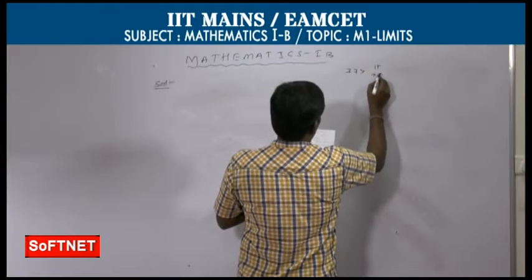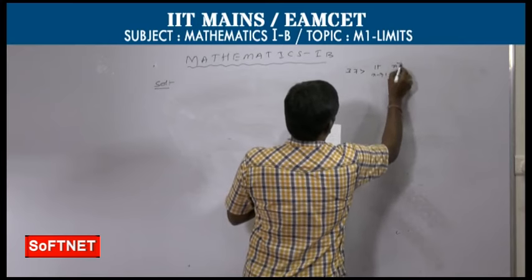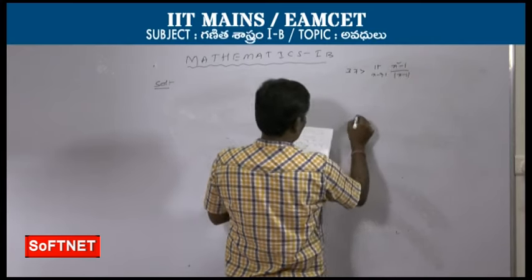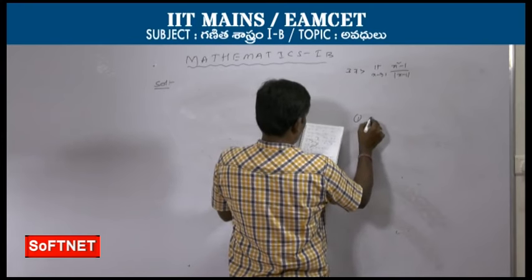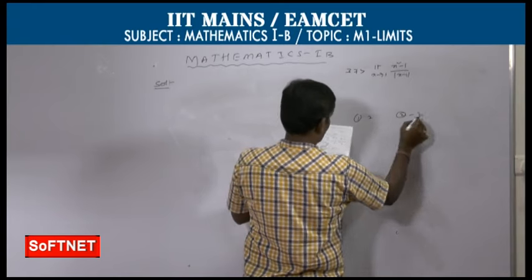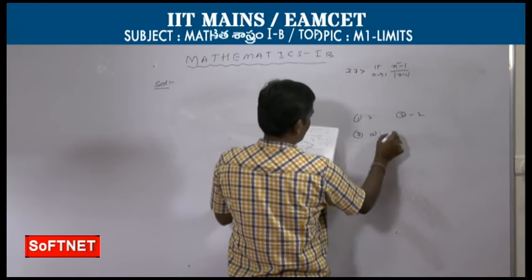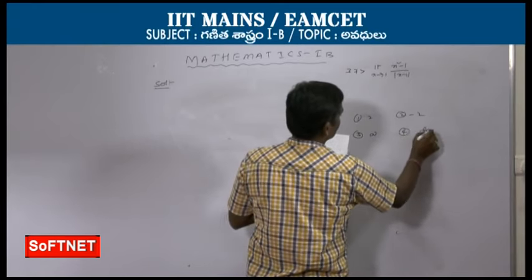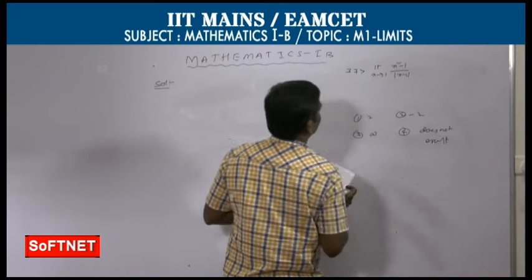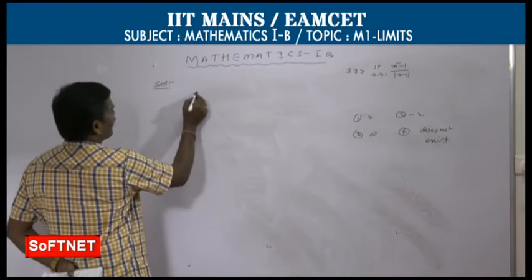Next question. Limit as x tends to 1 of (x square minus 1) by mod of (x minus 1). The options are: first option 1, second option minus 2, third option infinity, fourth option does not exist. See, your limit tends to